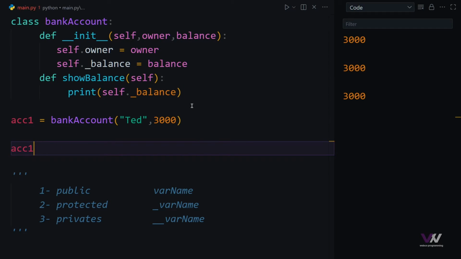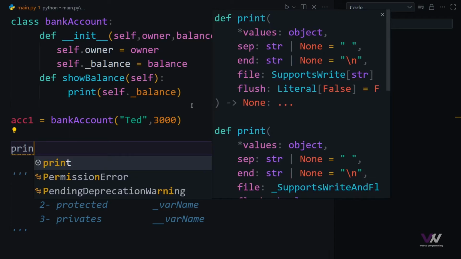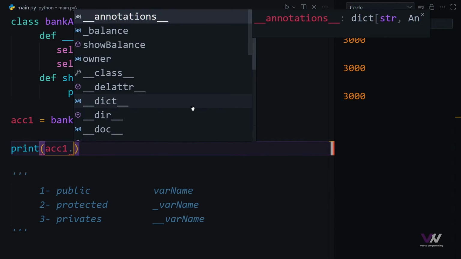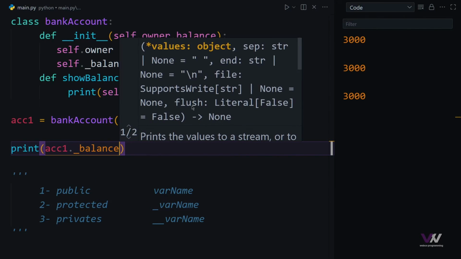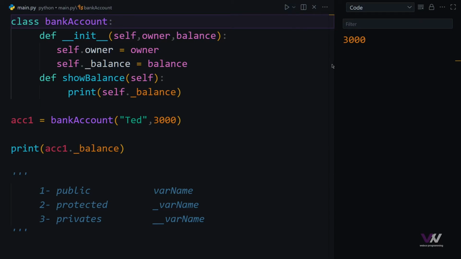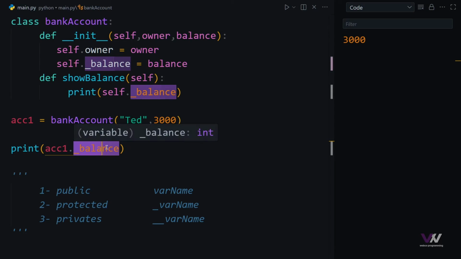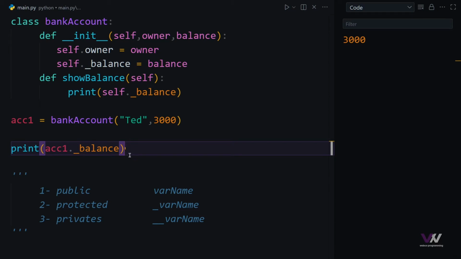But instead of this, if we want to print simply this account1._balance, we clear output and run, and you can see again we got this result coming up. But we talked about this, and we say this is good for using inside of the class. And actually Python doesn't restrict us and give us a hard rule that we're not able to use this outside